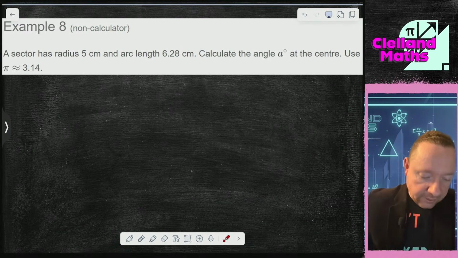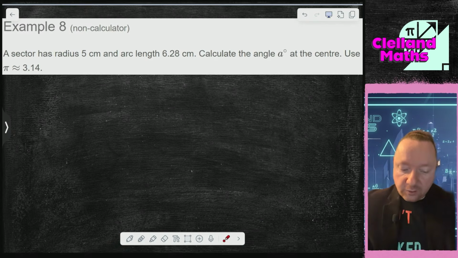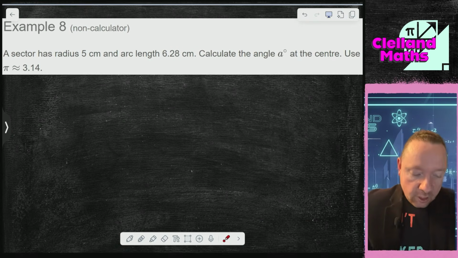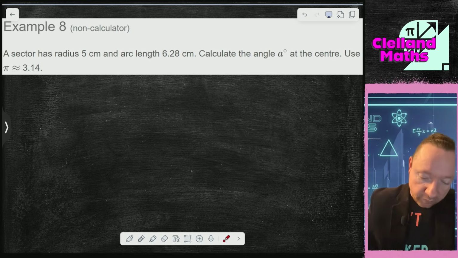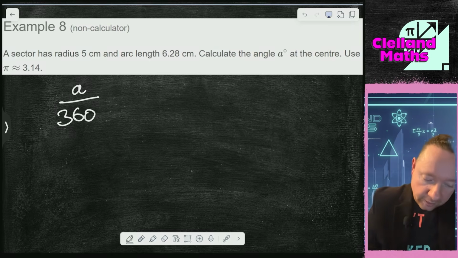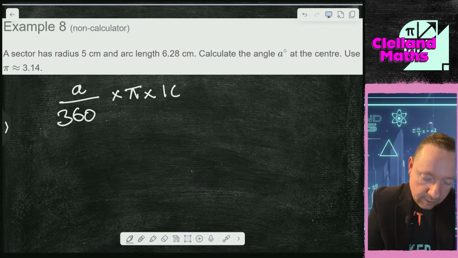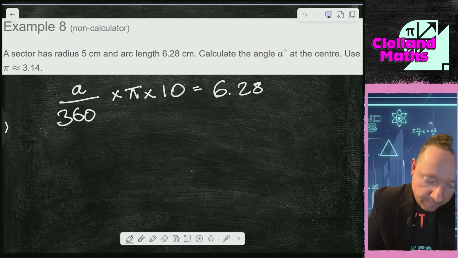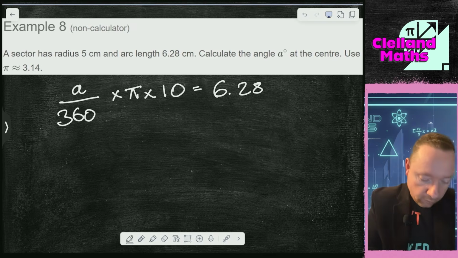Example 8. A sector has a radius of 5 centimetres and an arc length of 6.28. Find the angle at the centre. Use pi equals 3.14. I think it's a grade A question that was to come up, so let's have a look at this one. We'll have to find the angle over 360. It tells us the arc length, so times pi times the diameter, double 5 is 10, equals our arc length of 6.28. So subbing in pi as 3.14,